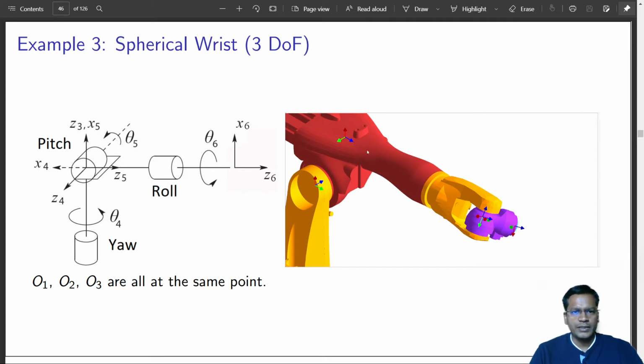Okay, for this link, this Z axis, about which this yellow link with respect to this brown one is rotating. If you see it once again, it is rotating with respect to the brown link about that axis, that is the Z axis. RGB: R is the X axis, G is the Y axis, B, the blue one, is the Z axis. So about the Z axis this link is rotating. So this is one axis. Another axis is this one.